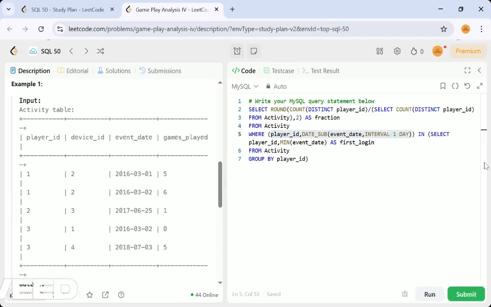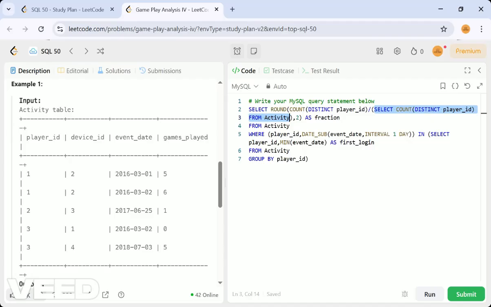Now we take how many consecutive logins they have made, that is the count of distinct player IDs, divided by the total number of players. We are not having that in this subquery, so we write it again, taking from the activity table the distinct player ID, then getting it as a fraction. So it is rounded to two decimals. That is fine, right?